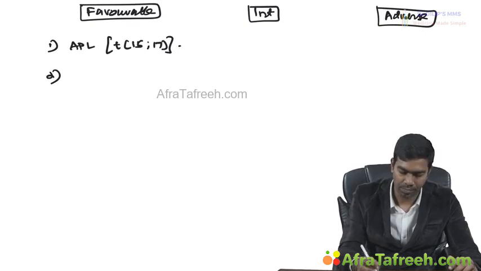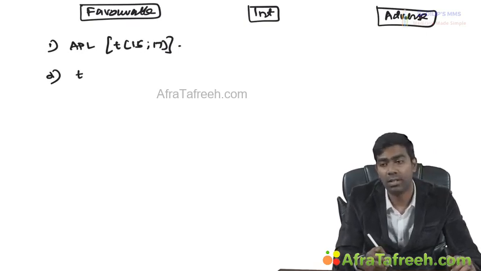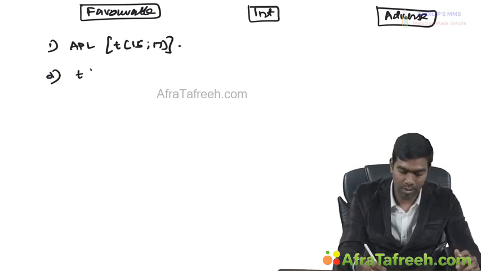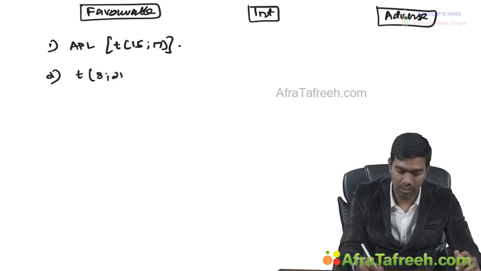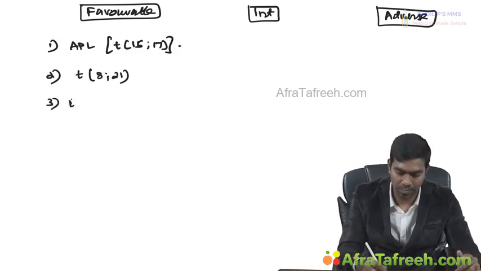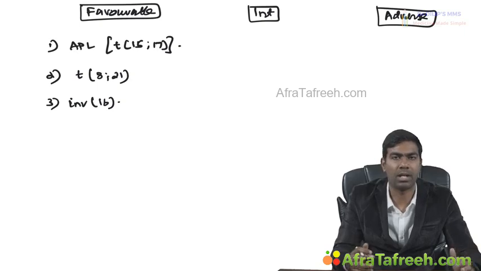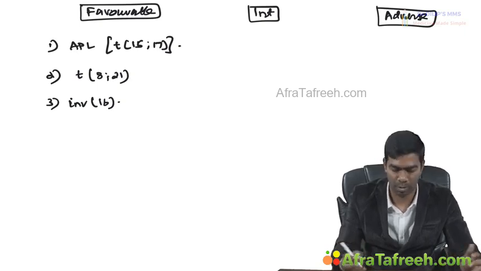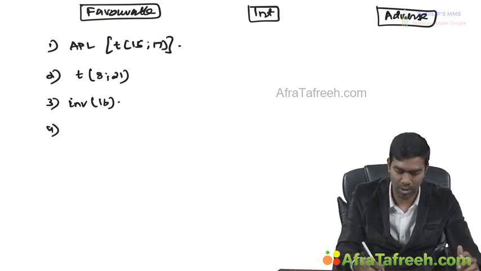And number 2, you have a very important translocation 8 and 21. This is RUNX1-RUNX1T1 translocation, which I have told you already that happens in AML M2, favorable prognosis. Number 3, you have inversion 16, which is actually CBFB-MYH11 translocation. I'm not going to tell that. Inversion 16. Then you have something called